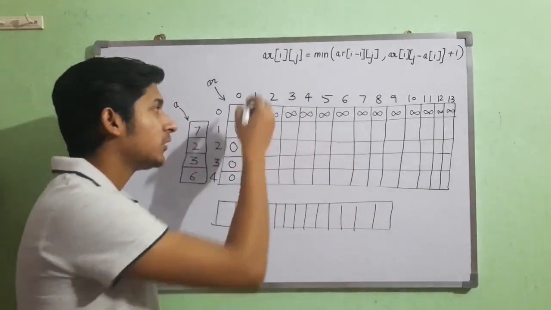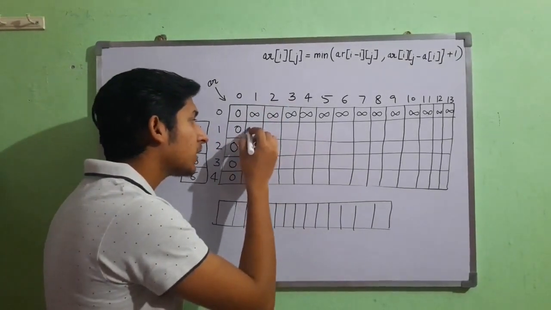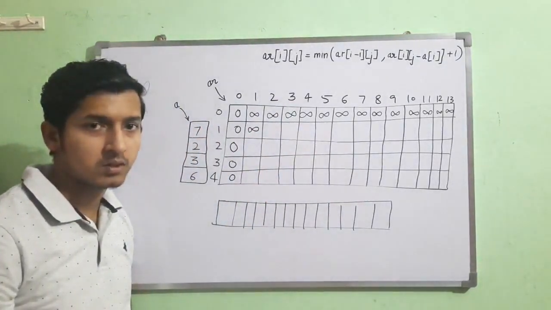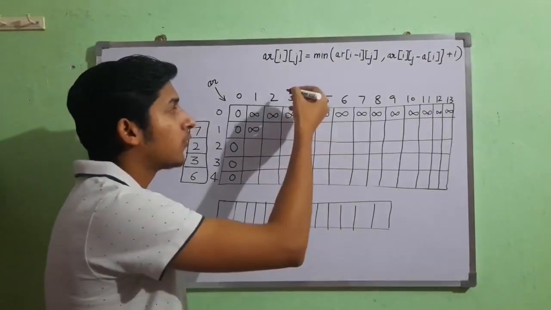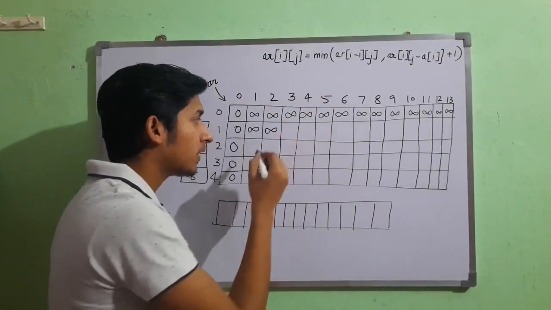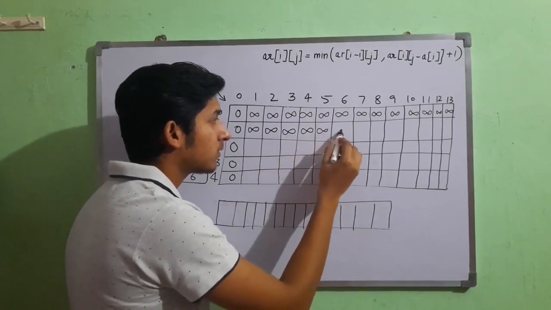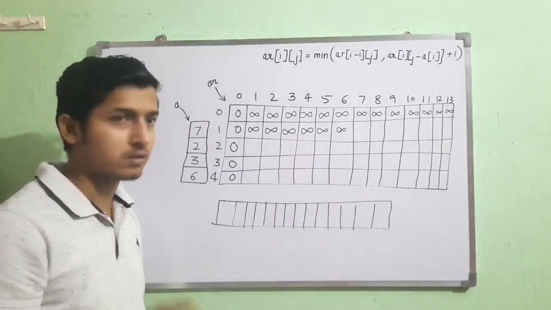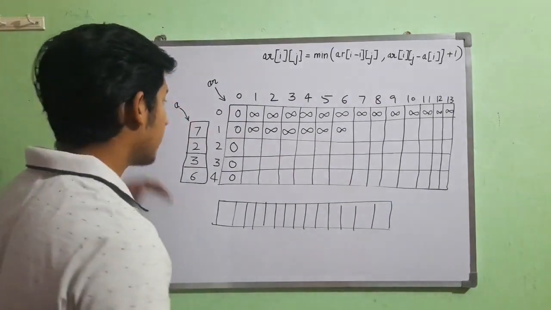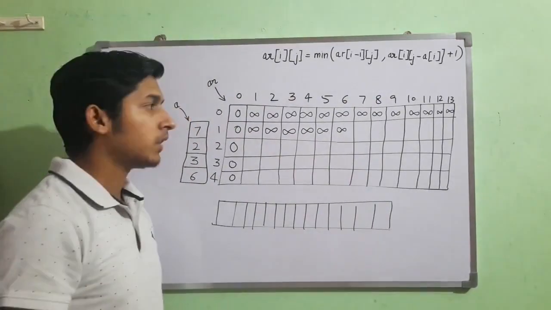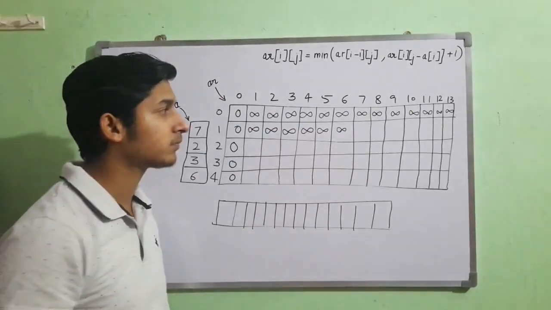Suppose I am to calculate the value 1 with the 7 value coin, so I can't use this, so I'll copy infinite only. For sum 2, I can't use the coin with value 7. Same for 3, 4, 5, 6. But when there is a sum to be calculated 7 and I have the coin with value 7, now this is a critical case from where the actual application begins.